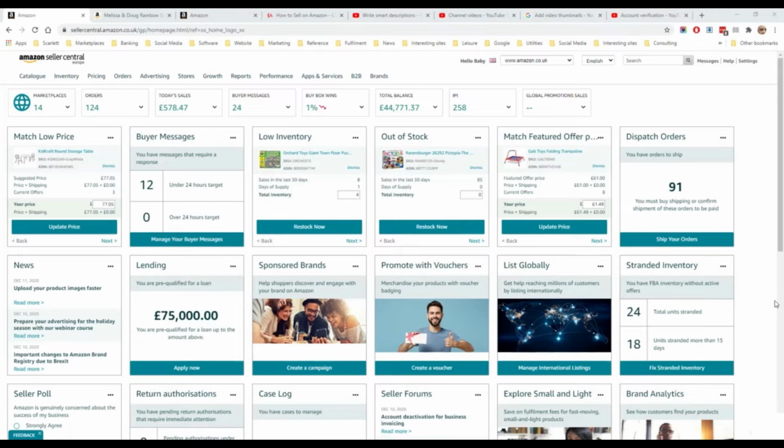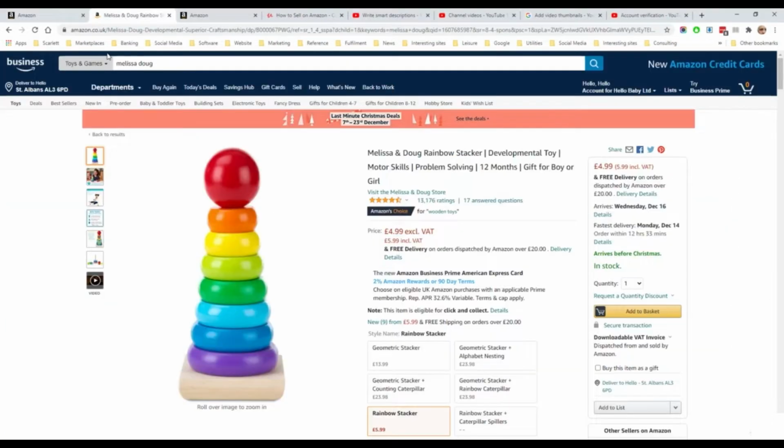If your products already exist in the Amazon catalogue, you don't have to re-add them, you can just add your offer to the listing that already exists. So for example, taking this Melissa and Doug rainbow stacker, if we take the ASIN for this product,